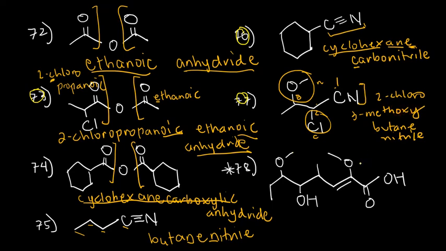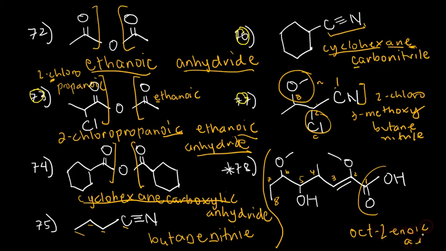And then 78, the last example I have for this recording, it's a fairly long one. So let's try to just name this and have more confidence as we build up on the even weirder examples in part 3. So first, I tried to look at the principal group. It's definitely this one, COOH, carboxylic acid. And that also means this is automatically carbon number 1. And then this is 2, this is 3, 4, 5, 6, 7. This one is included, 8. So that's oct. Okay, oct. And then there's a double bond here. So I don't write octa. I write octe. The double bond is at number 2. So that's